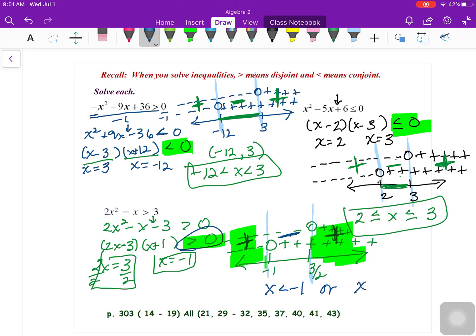So my x's are less than -1, or my x's are greater than 3/2. When they land outside of both, you use an or. X is less than -1,